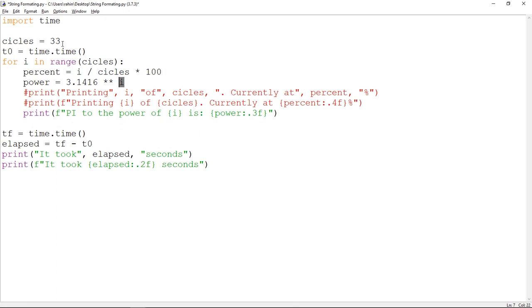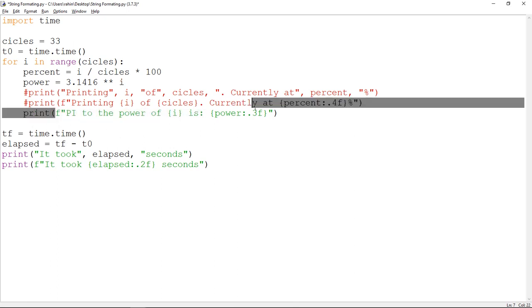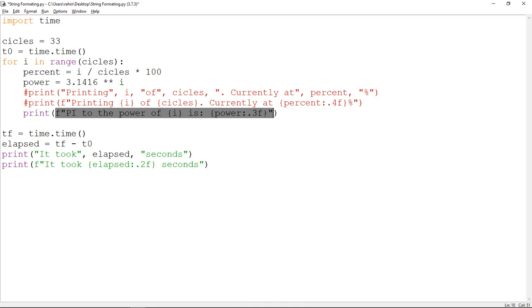I reduced the cycles to 33; in the previous video we used 333, so I'm gonna do only 33. It's gonna be enough. So here I'm doing the string formatting as we saw it on the previous video, right? I am going to format power to be a floating point to 3 decimals. That's it. If I save this and run it,